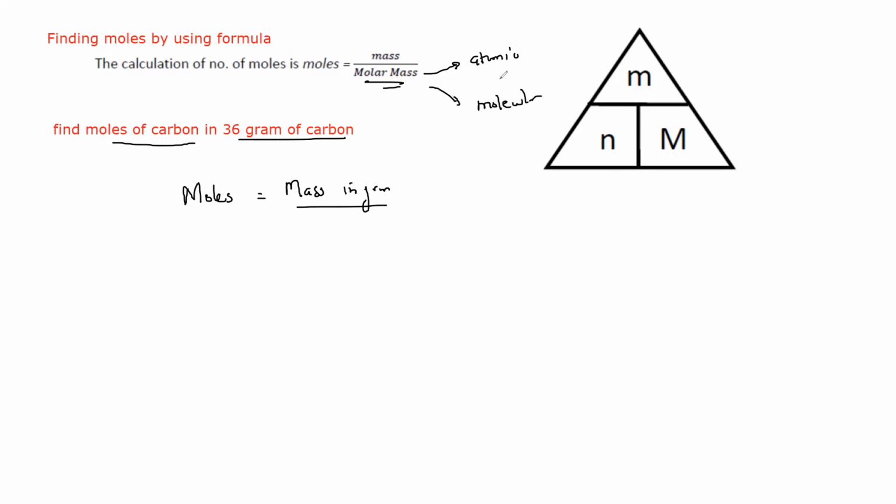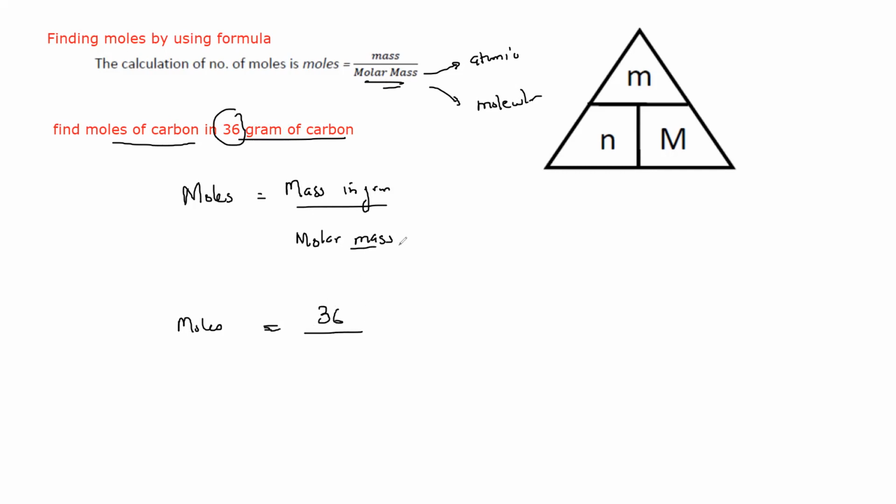If substance is a molecule, then it will be a molecular mass. So we have to find moles in 36 gram of carbon. The formula: moles equal mass in gram divided by the molar mass. Now what is the mass in gram given? The mass in gram, that is 36,